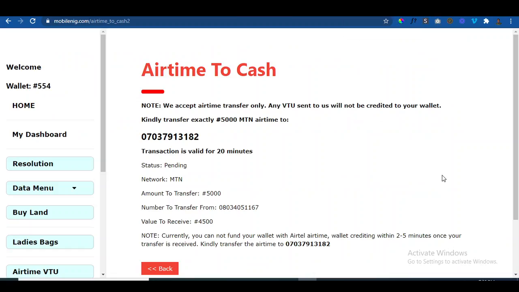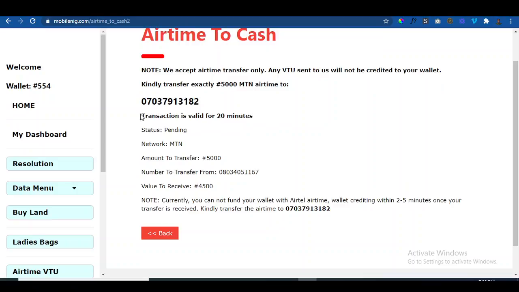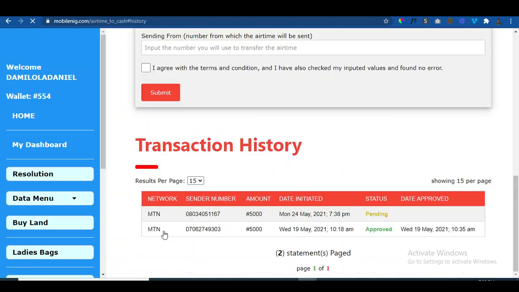Automatically within 5 minutes at most, maximum 5 minutes, your wallet will be loaded with the amount of 4,500. The beautiful thing is that immediately you load it, this website is going to receive it, and it will increase in your wallet automatically. But now I'm not going to do that actually, but I'm going to show you that I've done it. Yes, I've done it, and as you can see, if you look at this one down here,